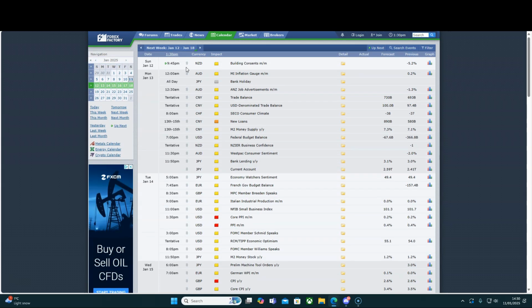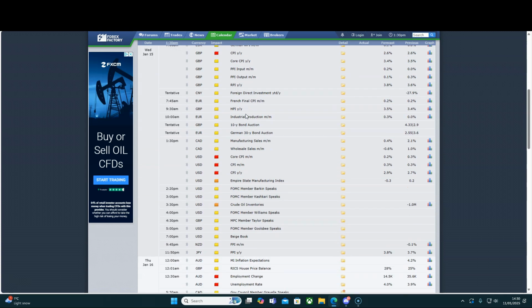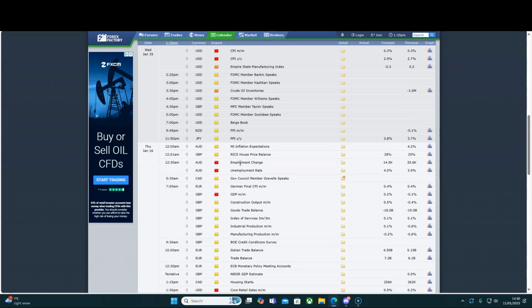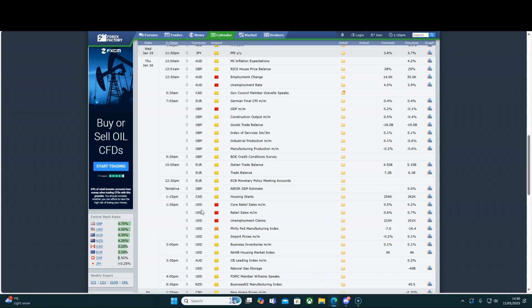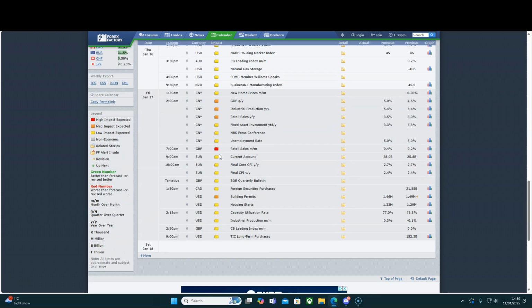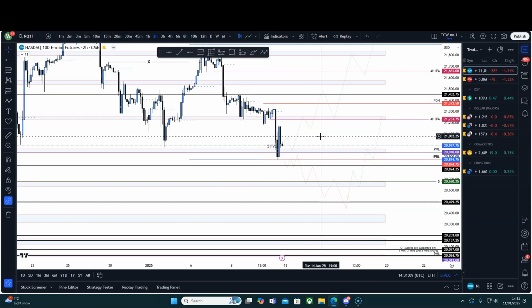Now, we have got a lot of news next week. You can see Monday we don't have much, but Tuesday we've got PPI. Wednesday we have got pound CPI, we've got USD CPI. Coming in Thursday, we've got pound GDP. Also, a lot of red folder news for USD, and Friday not as much for USD, but this should give us a volatile week, and that is what I want. Volatility is what is going to make us money in these markets.